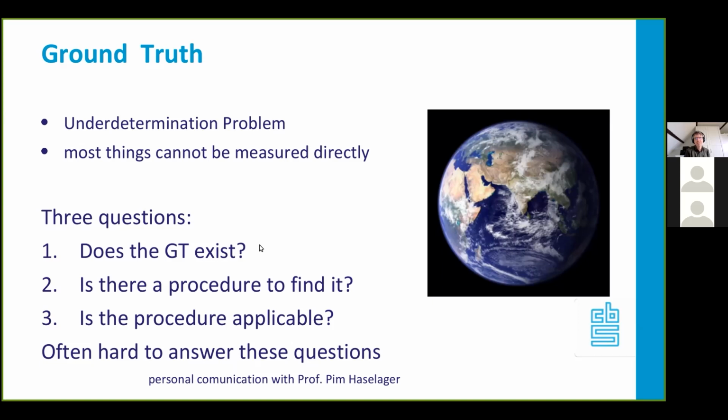They actually gave an example which could be measured directly, weight, but it's actually measured by using a spring and converting the weight into a length measure. So it's not measured directly. A lot of things cannot be measured directly. And this is a problem which puzzles me a lot, because everything we do within statistics is trying to say something about the ground truth based on measurements which are most of the time indirect. So we cannot say that much about it. I'm trying to find some grip on that problem,